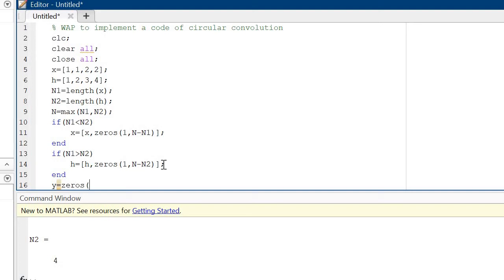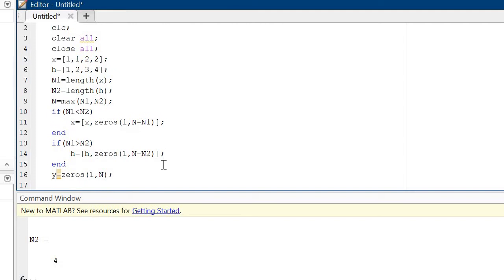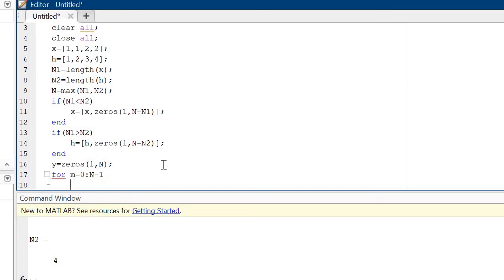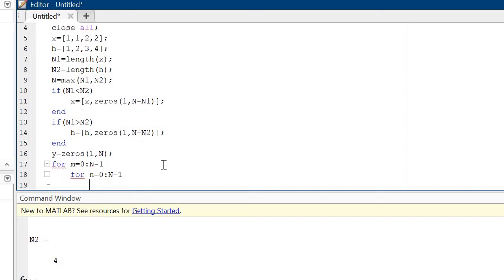Okay, now after that start with a for loop for m equal to 0 to n minus 1, for n equal to 0 to n minus 1.